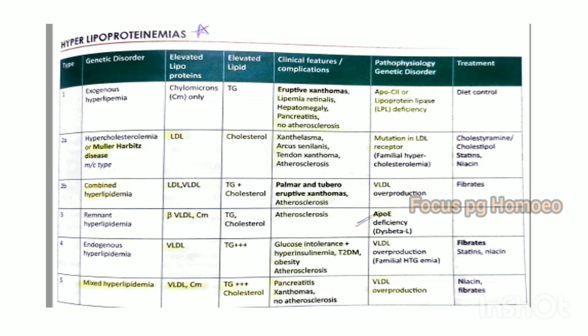Next is mixed hyperlipidemia, which has raised VLDL and chylomicrons. Both triglyceride and cholesterol are raised. Patient presents with pancreatitis, xanthomas, but no atherosclerosis. Again, that is also because of over